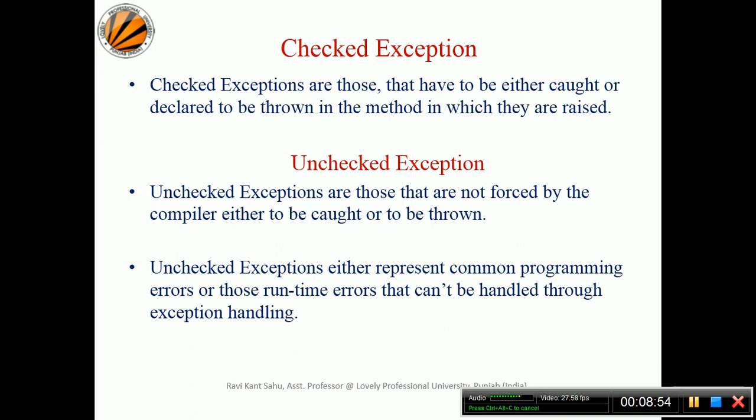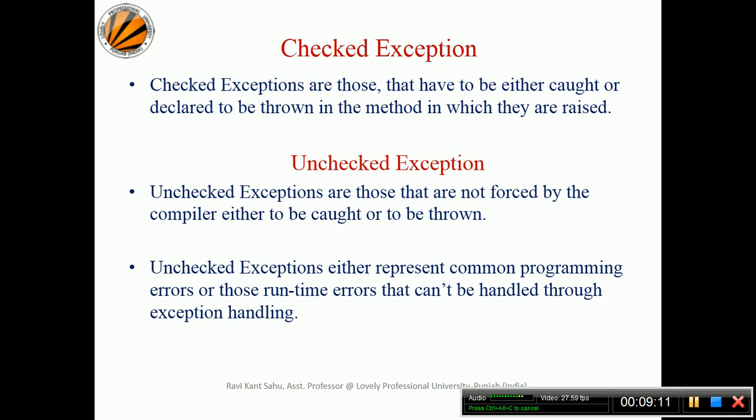Suppose you are doing any program with file handling or SQL queries. In these cases, the compiler will force you to either handle, that is catch those exceptions, or declare those exceptions. What is catch and declare? We'll see in the later stages.